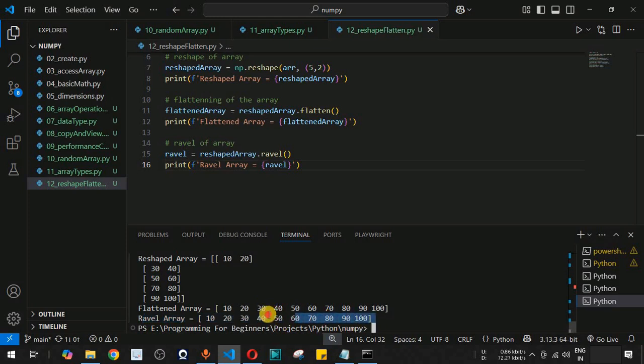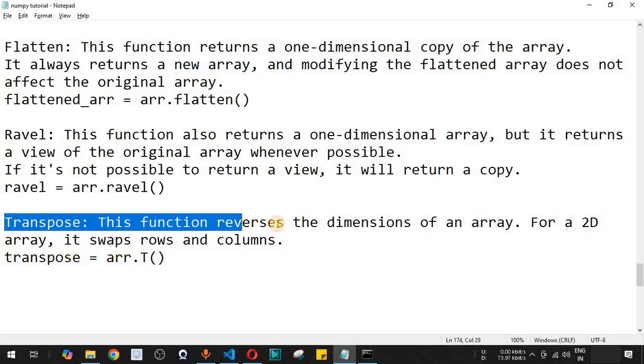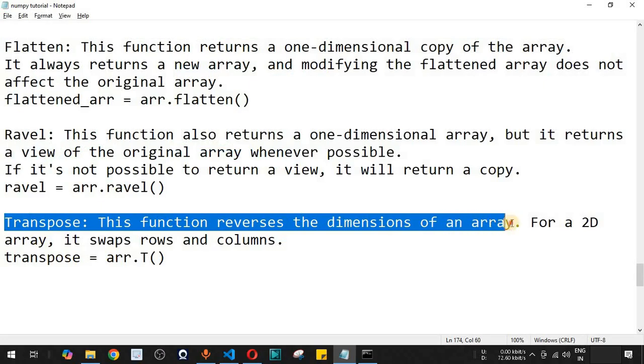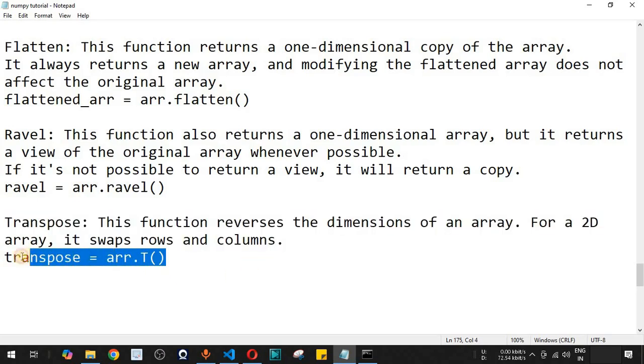Now guys, what is the difference? I have already told you the flatten method helps us get the copy of the array, whereas the ravel method helps us get the view of the array wherever possible. Now guys, apart from this, we also have the transpose function, which reverses the dimensions of an array. So for a two-dimensional array, it will swap the rows and columns, and this is the way that we can make use of the